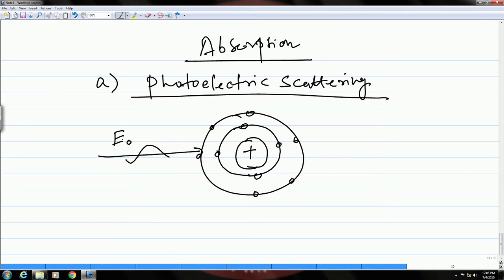And when the X-ray photons enter the material with a certain energy E naught, they will encounter these atoms and the electrons inside the atoms. So, in this case what happens, the X-ray photon will eject one outer electron and as a result the X-ray photon would lose energy. So, if you see the energy balance in this case,